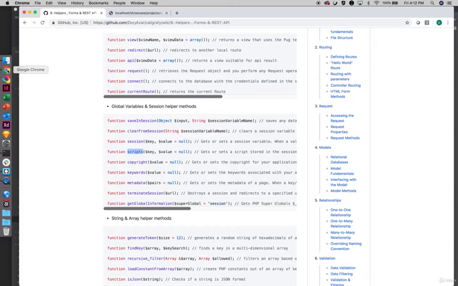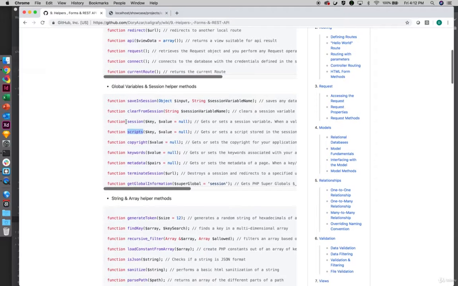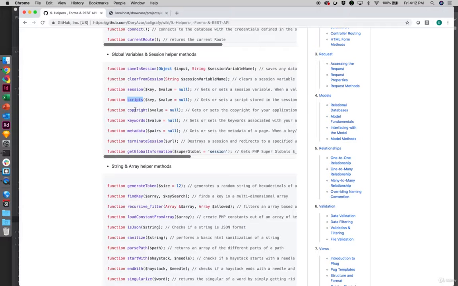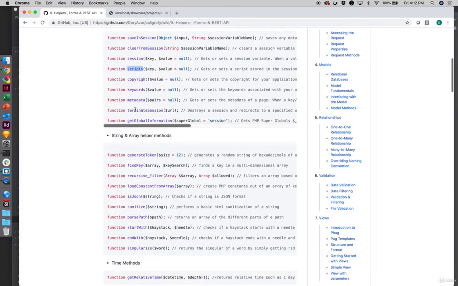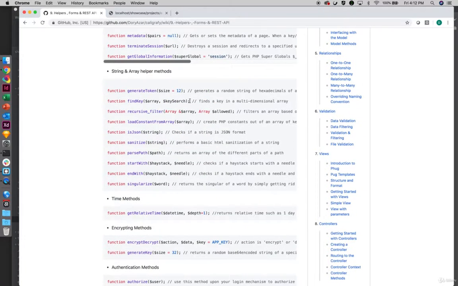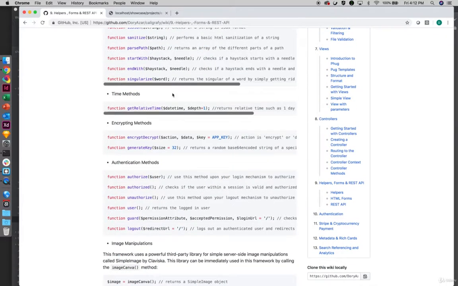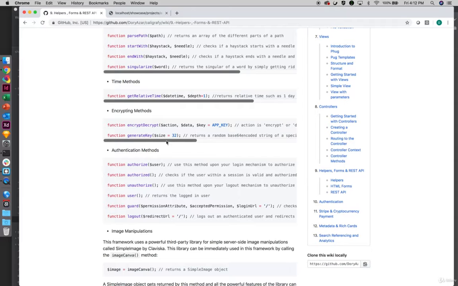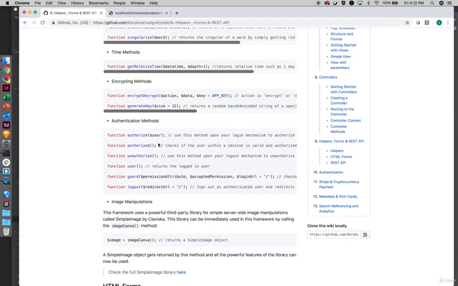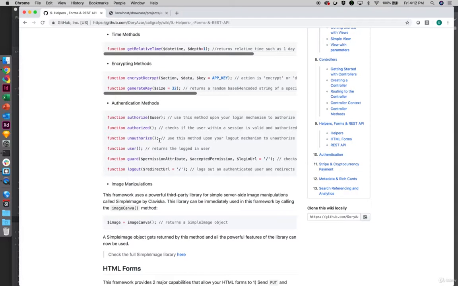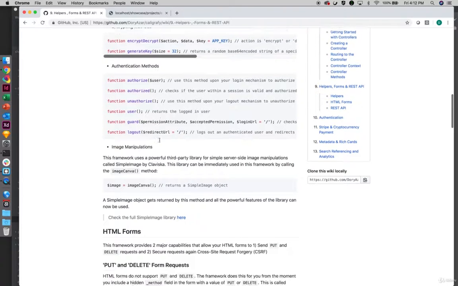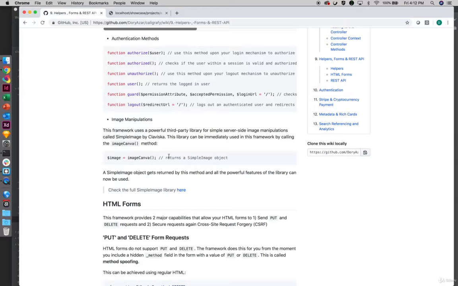You will understand all this when we start talking about metadata and views, but I just want you at this point in time to understand that there are some methods provided to you to make changes to those core settings. Then there is a set of methods that would allow you to manipulate strings and arrays, which can become very helpful. For example, things that can help you get the relative time. Encryption methods to encrypt, decrypt, and to generate some keys. Authentication methods, which we will understand more when we create our own login module or when we use the Calligraphy login module. And then some other ones related to image manipulations,